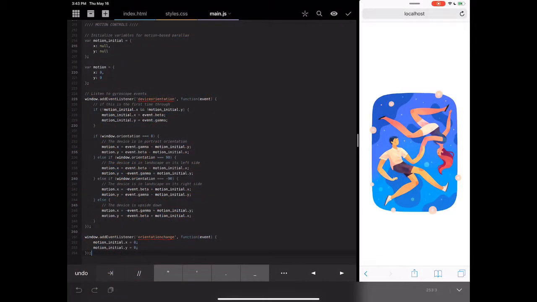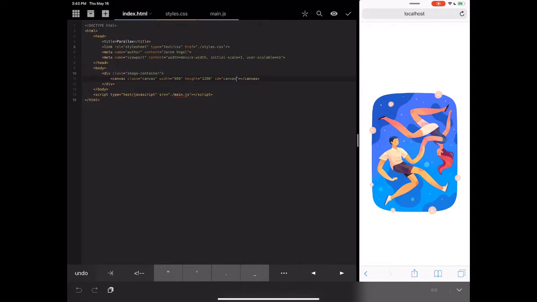There's just a couple more things that I would like to change on here, just some finishing touches, things that make it look a little more polished. So the first of those is going to be a loading screen. If you're loading this off of a server, it could take a couple seconds to load, and it just kind of looks broken as layers come in one at a time. We already know when everything is loaded,